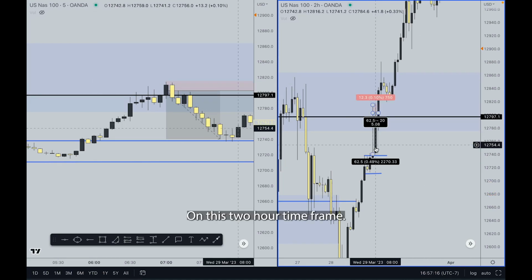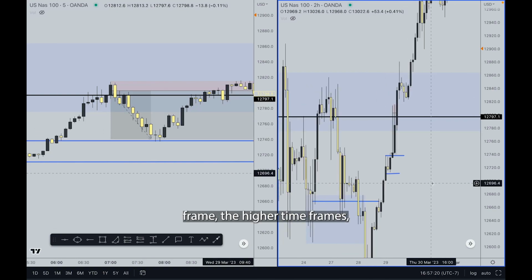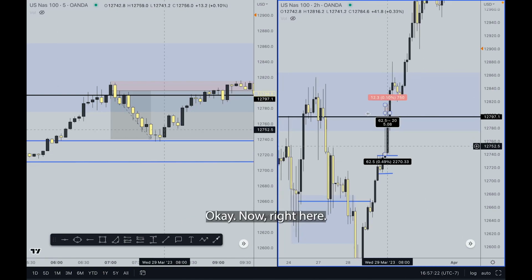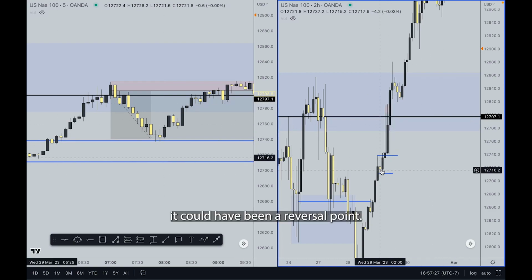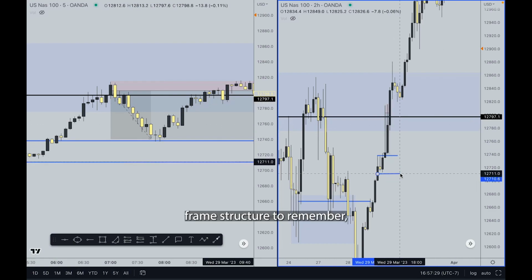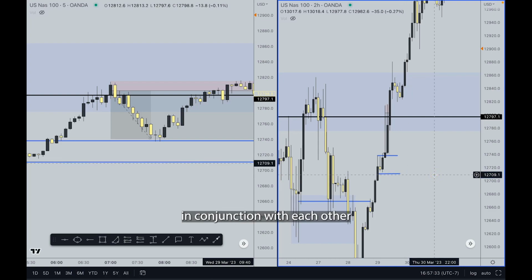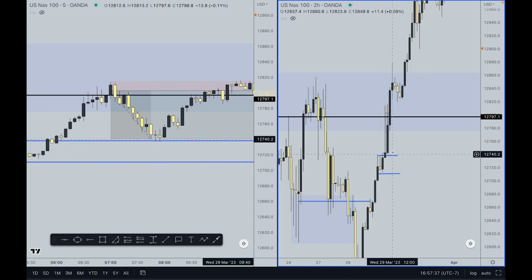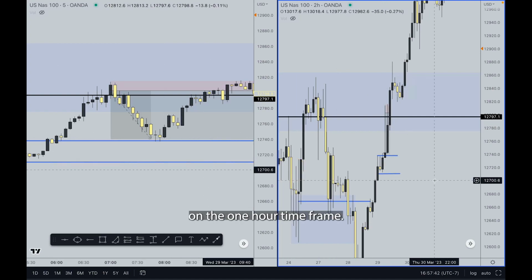Now on this 2 hour time frame, this was a strong exhaustion. But on the 4 hour time frame and the higher time frames, it wasn't anything. Okay? Now right here, yeah, it did look like it could have been a reversal point. But on the lower time frame structure, because remember the market is fractal and you have to use lower time frames and higher time frames in conjunction with each other to get the overall correct context of the market. So you can see right here that the higher low point was never broken on the 1 hour time